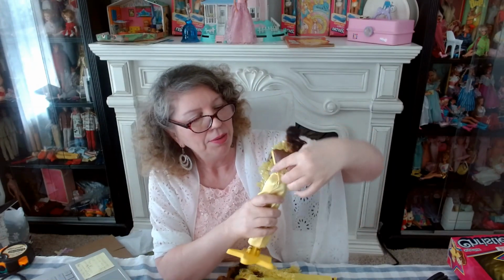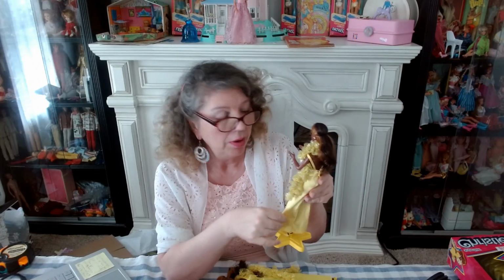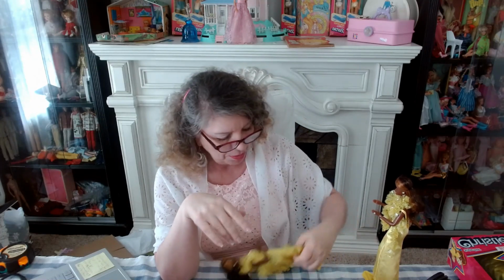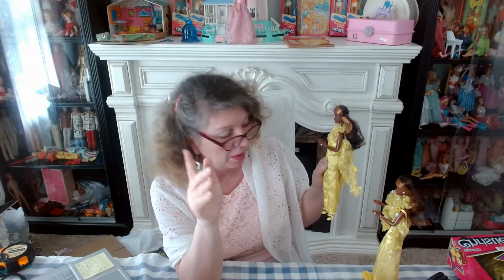Next, let's talk about the outfit. Now, of course, the original Mattel has only one snap on the back. Right down here is just one snap. The material is a finer material. It's not as thick. It is more satiny, probably with a little more, well, they're both really shiny. That one, the original 77, is a thinner, finer material,